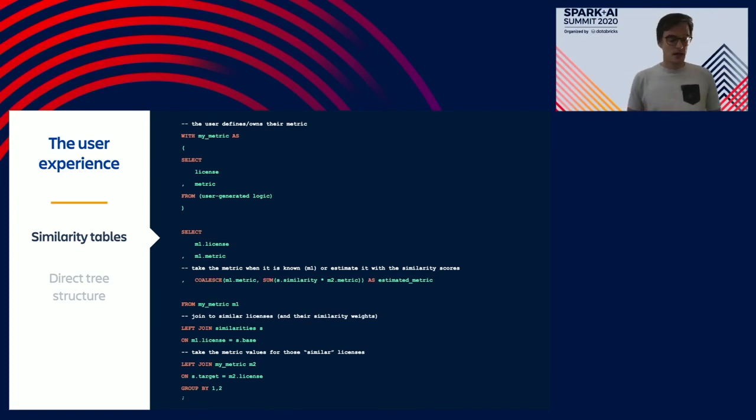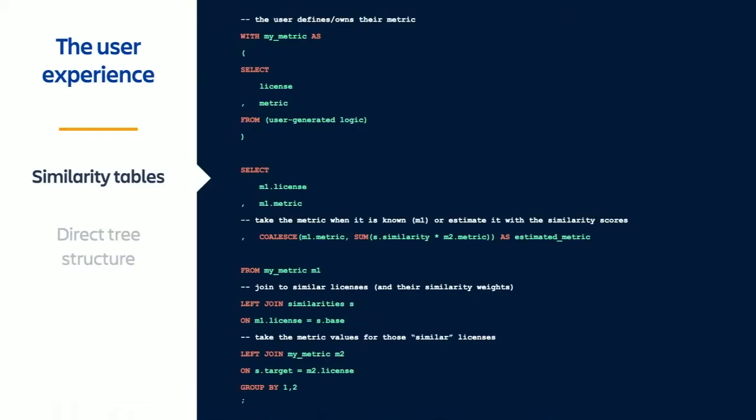Now from there, they just join on the similarity tables and take the similarity weighted average of known examples. That is, some similarity multiplied by the metric within similar licenses. Now the true query does have other metadata like the model chosen and a date of the model score, but the crux of the code is that simple. In a few extra lines of SQL, they've gone from an observed data set to using a fairly complex and considered model to build an estimate for the full population, something that was sort of unavailable to them before.